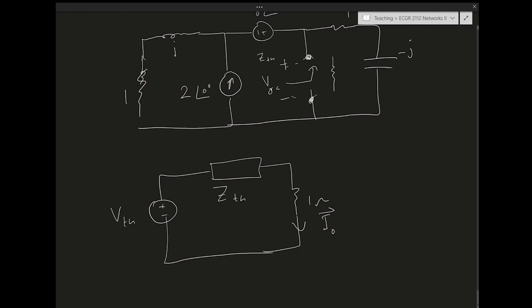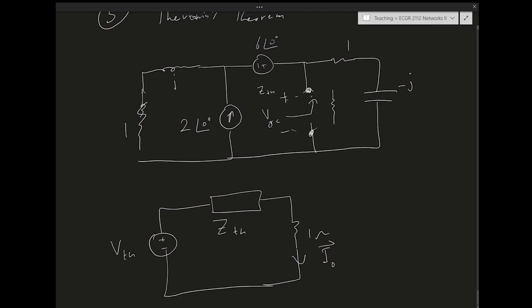Okay, so how do we go about finding the Thevenin equivalent? Well, the first step is we need to find what is the voltage across those two nodes, right? And again, there are many ways of doing that. What we could do is reapply